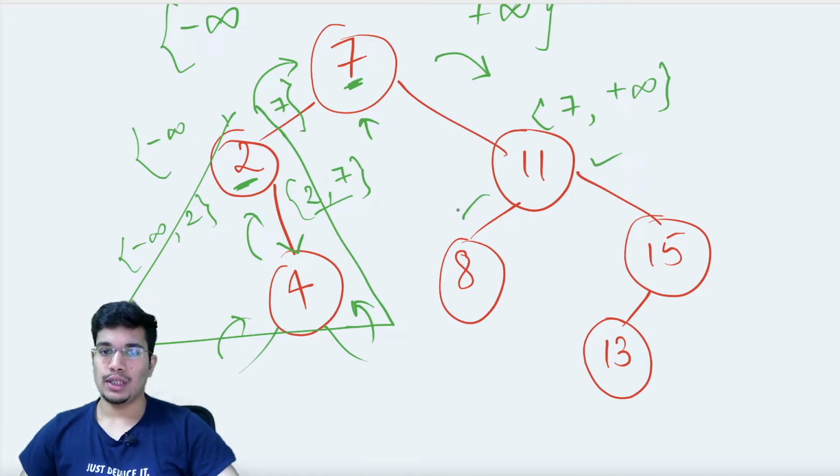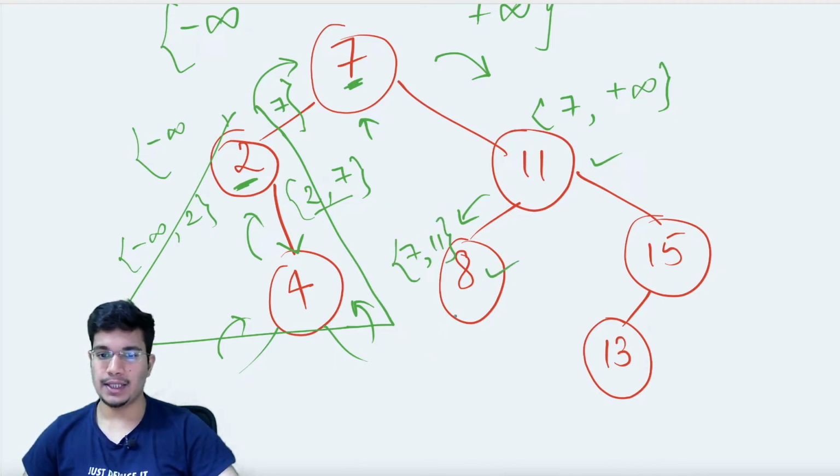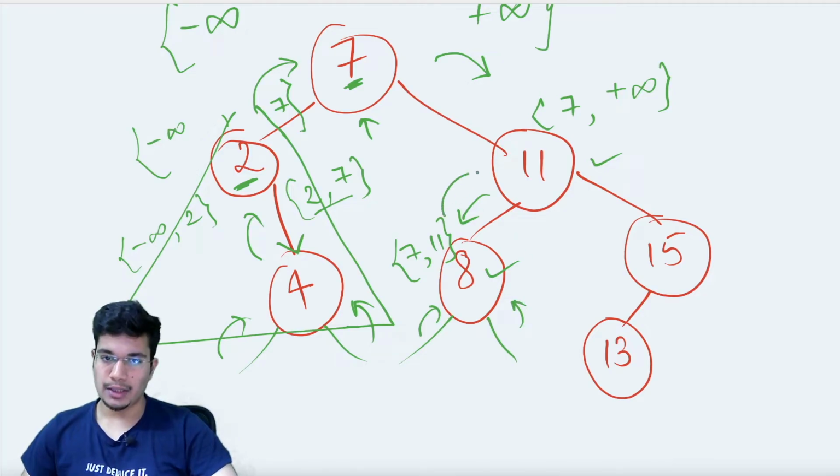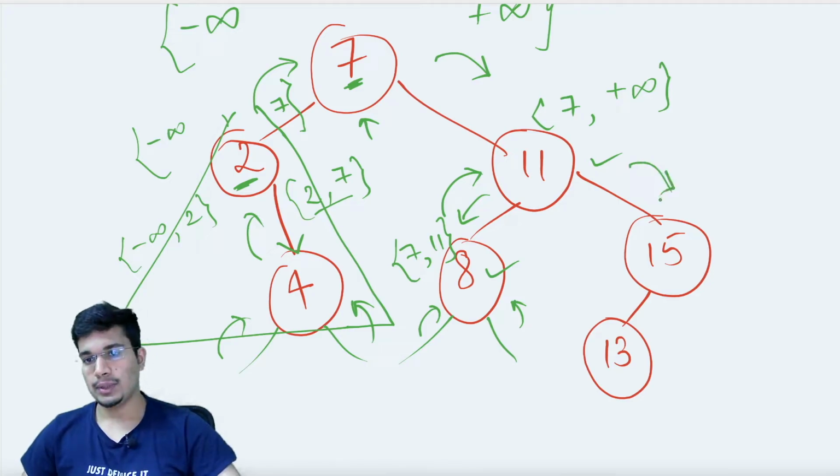Then we'll make a call for the left subtree of 11. Whenever we go to the left, the lower limit remains the same, so this is going to be 7, and the upper limit updates by my current root's value, so this is going to be 11. This value should lie between 7 and 11, and 8 lies in that range, so it's fine for 8. Then we'll be making calls for my left and right children, which are both null, so the call will return back to the parent. Then we return back from 8 to 11, and now from 11 the recursive call will be made for the right subtree, which is 15.